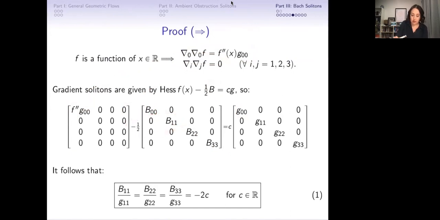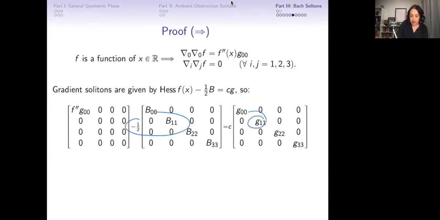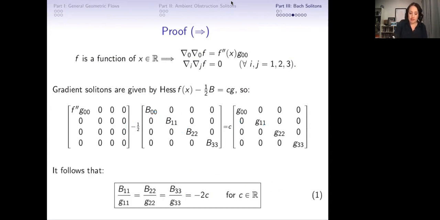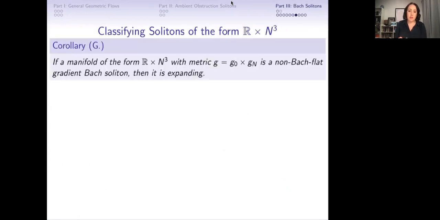So from this, doing it quickly here, with the B11 case, I see something like this. -1/2 B11 equals C G11, -1/2 B22 equals C G22. So B11 over G11 equals -2C, but so does B22 over G22. And again, obviously the same thing applies for B33, G33. So from this, I very quickly get that this string of equalities needs to hold, and I need to equal -2C. And so that's in the forward direction. And in the backward direction,